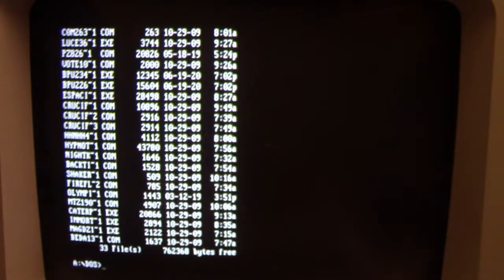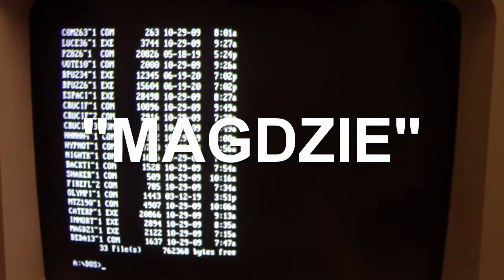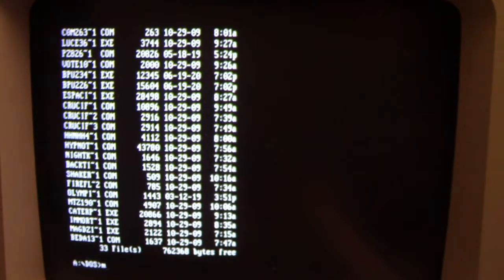In this episode of Viral Rewind, we're going to look at a DOS virus, which I believe is pronounced Magdzie. It's basically a Polish word, because that's where the virus originated, out of Poland, so they call it Magdzie, and it's spelled Magdzie, if you want to look it up. So anyway, we got it there in our listing. Bring it up.